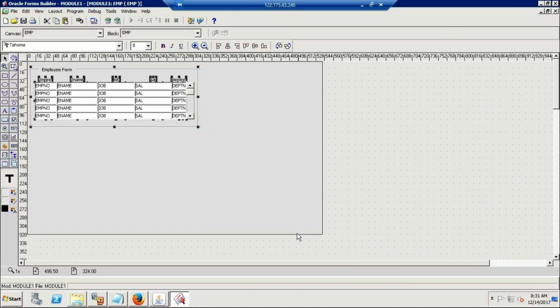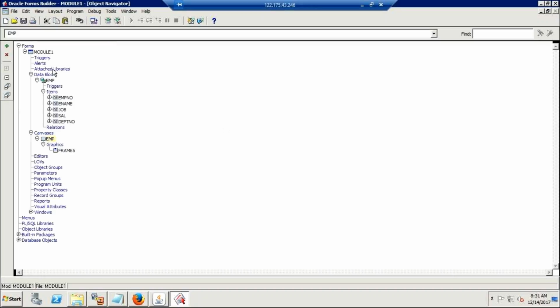See, this is the canvas, right? On the canvas, a block is created. This is a block. Right? This is the block. So if you close this, see the block. You remember in the report builder we saw the data model, then layout, right? So similar to the paper layout, it's a canvas. Similar to the data wizard, data. So the employee block is there, and we have fields: employee number, employee name, job, salary, department